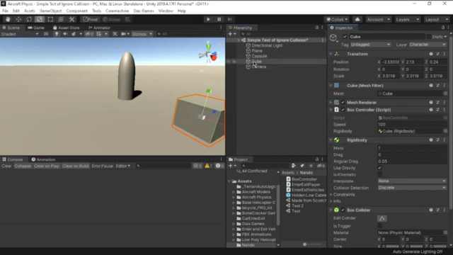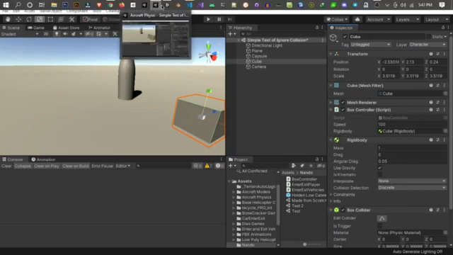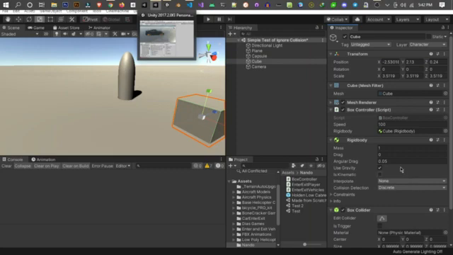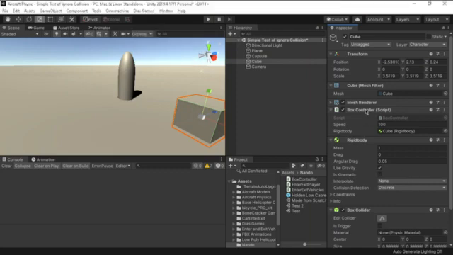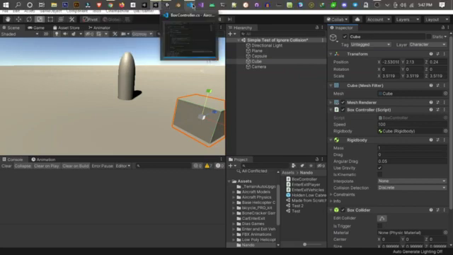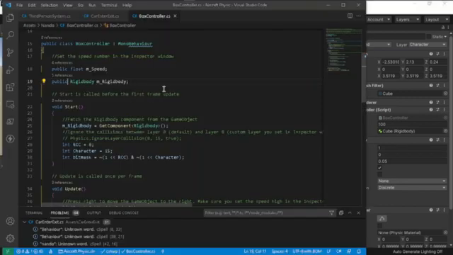We just need to drag our cube here, the cube that holds the Rigidbody component. We drag it and put it into the field of our Rigidbody variable. That's if we make it public. But since the script is a component of the cube, I think it's better if we just